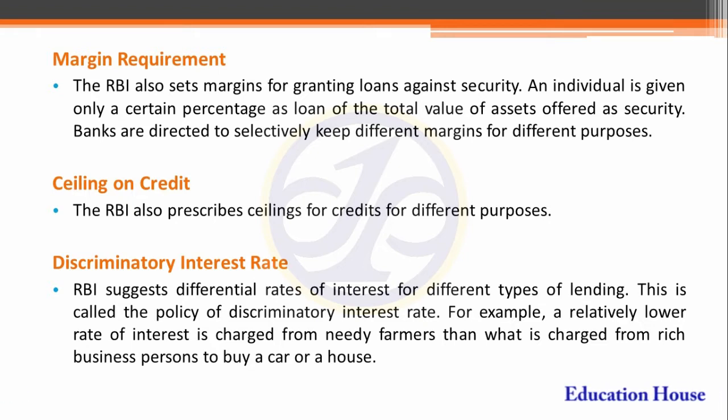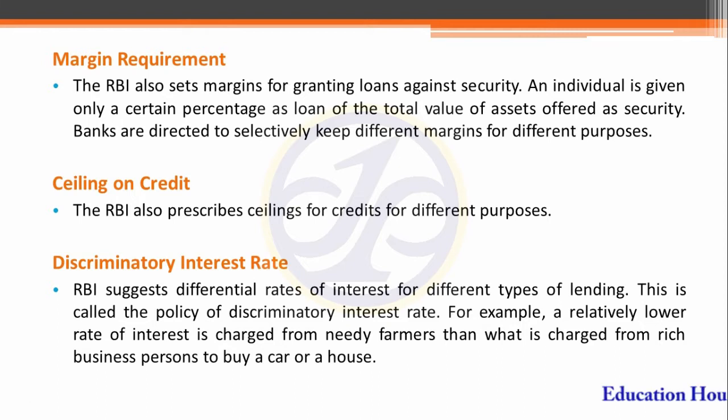And the last topic is discriminatory interest rate. A discriminatory rate of interest is suggested by the RBI because every type of people and profession does not have an equivalent profit margin or profit ratio. For that purpose, to motivate the poorer sectors, the Reserve Bank of India applies the discriminatory interest rate policy. That is why the bank provides loans to farmers at a 4% rate of interest, as an example, and provides mortgage loans or car loans at 8, 9 or 10%.